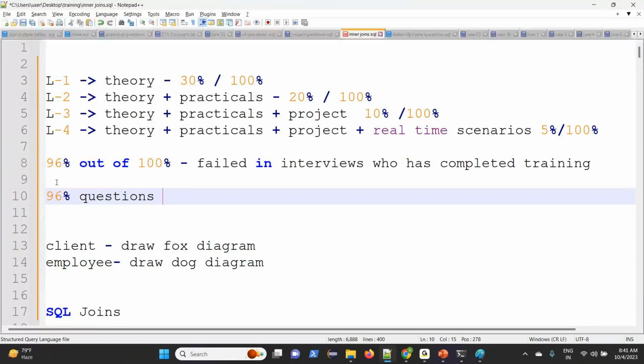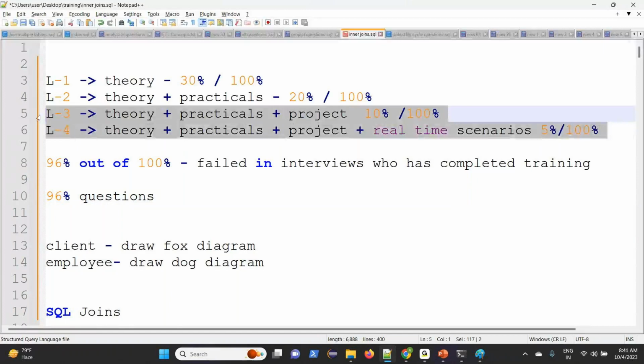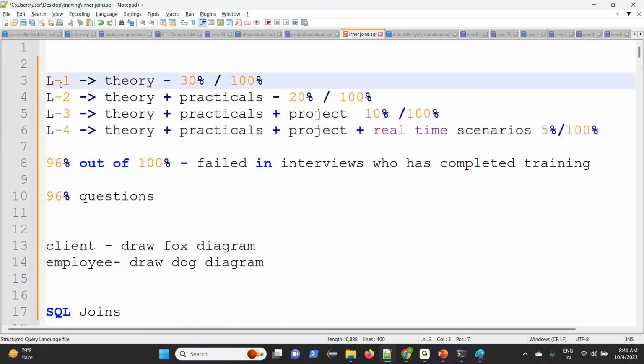The reality is you focus on L3 and L4 from each concept. I will tell you an L1 level question. Suppose, just listen: explain SQL joins in detail. That is level 1. Level 2: what is the difference between left outer and right outer join, like this?